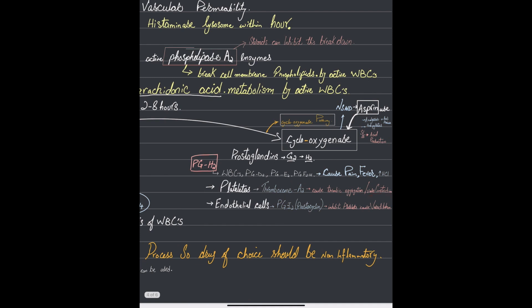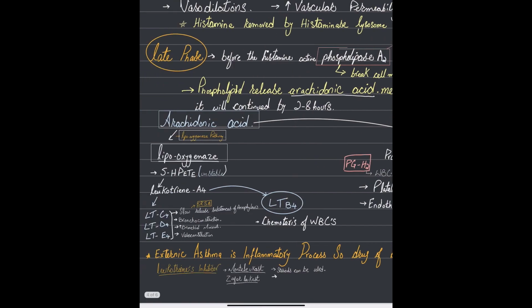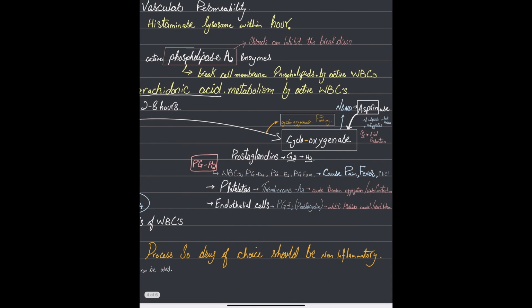So here, endothelial cells, what is going to affect them is prostaglandin I2. Prostacyclin inhibits the platelets and causes vasodilation. See, it inhibits the platelets, causes vasodilation, and then here you can see vasoconstrictions. So this is its effect, but we can stop these things. We can stop everything by using drugs. Here, for the cyclooxygenase, we can use aspirin